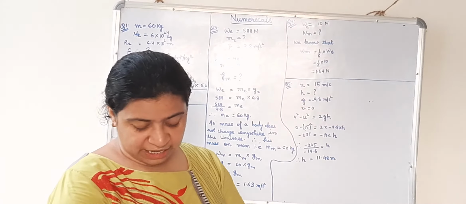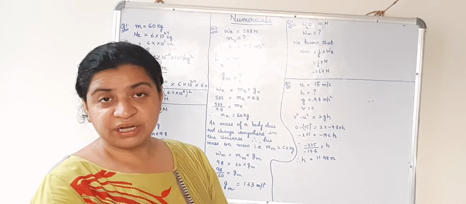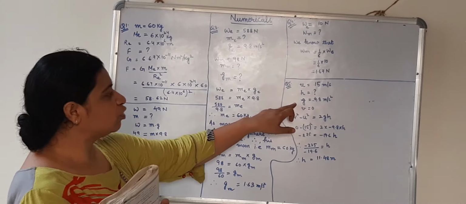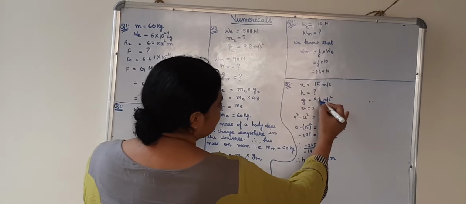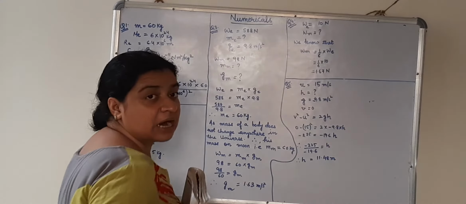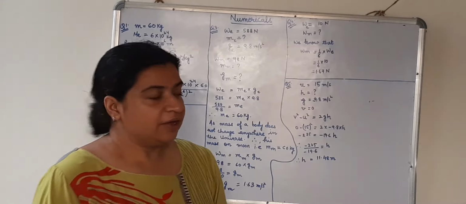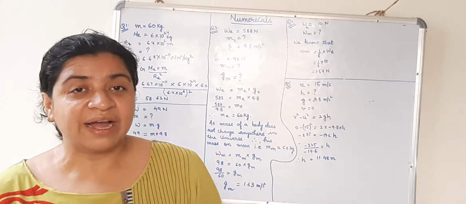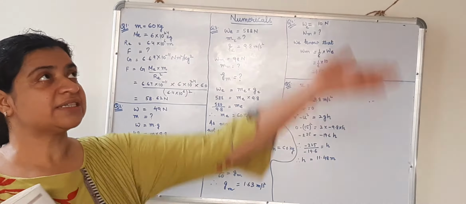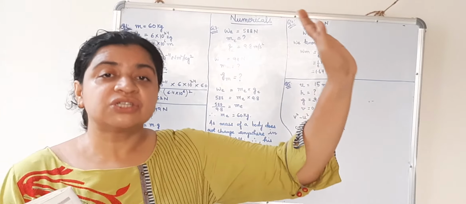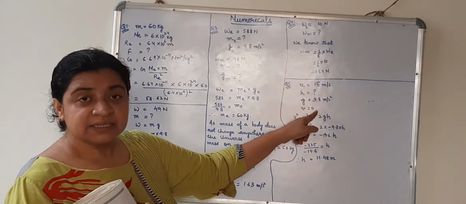Next, how high will it go before it begins to fall? Take g as 9.8 meter per second square. They have told us to take g as 9.8 meter per second square. I have put a minus sign here because this is upward motion, vertically upward. So we need to calculate the height. V I have taken 0. Why have I taken V as 0? Because after reaching a certain height, the object will stop and then it will start falling down. So V at the highest point will be 0.